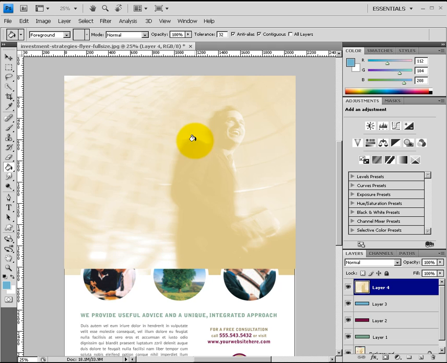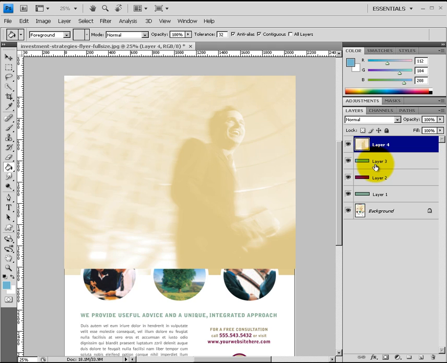Alright, and so as you can see, now this image, or the photo, is within our flyer file. We're getting a couple of layers here, so I'm going to collapse the adjustment layer. I'm simply going to double click on the word Adjustments, and that collapses that panel. Excuse me, I did say layer, but I meant to say the Adjustments panel. Alright, so